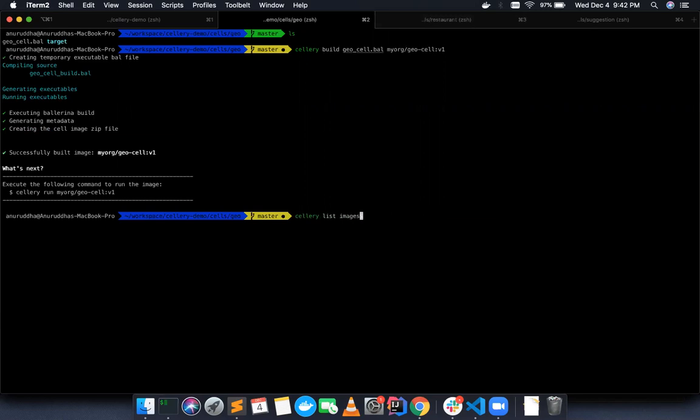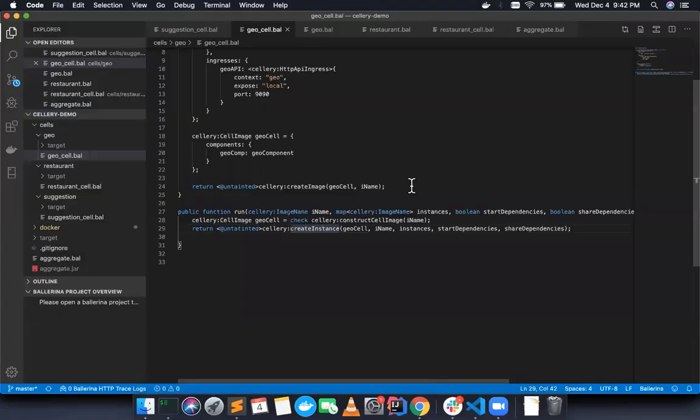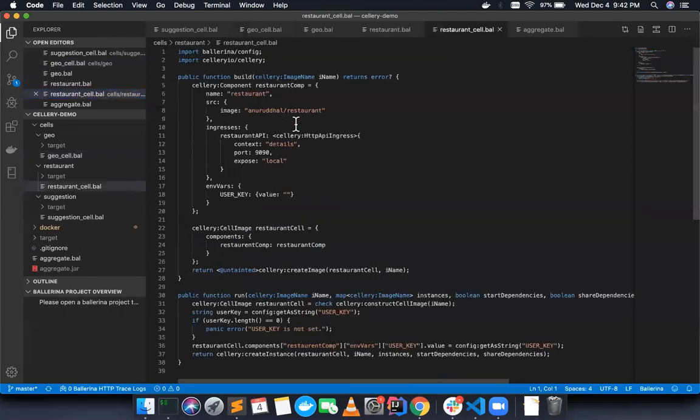So if I do a Cellery list images, it will show the geo cell that I have just created. And moving into the restaurant cell, we need to create a restaurant cell as well. It's the same as the earlier one with different values. So we have a build method and a run method, and inside that we have a restaurant component which packs the restaurant Docker image that I have built, which is written in Ballerina, and it is exposed as an ingress, and it's also exposed as a local service, and it runs on port 9090,